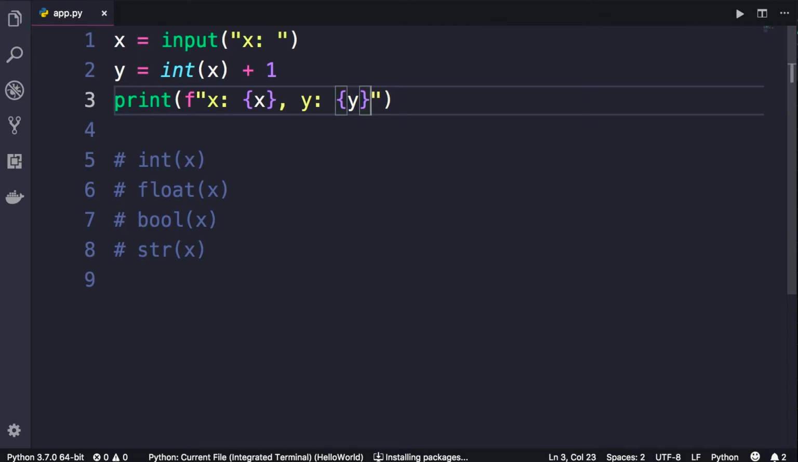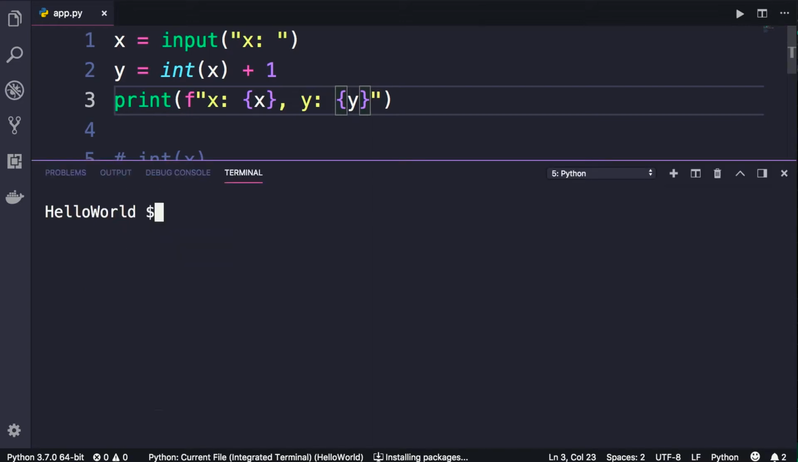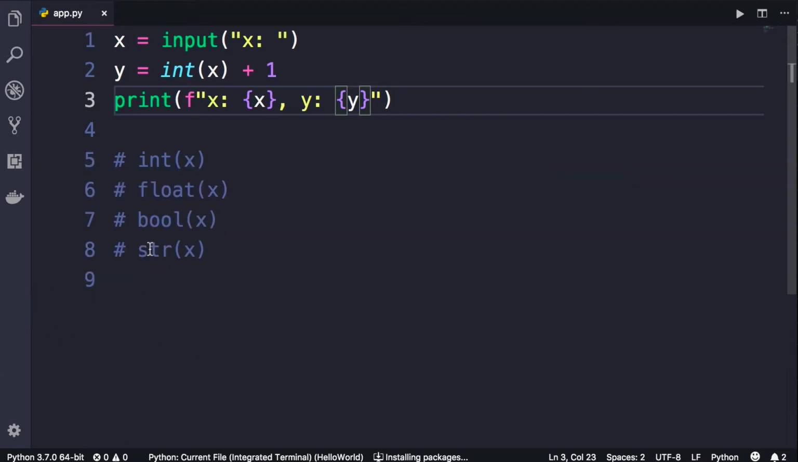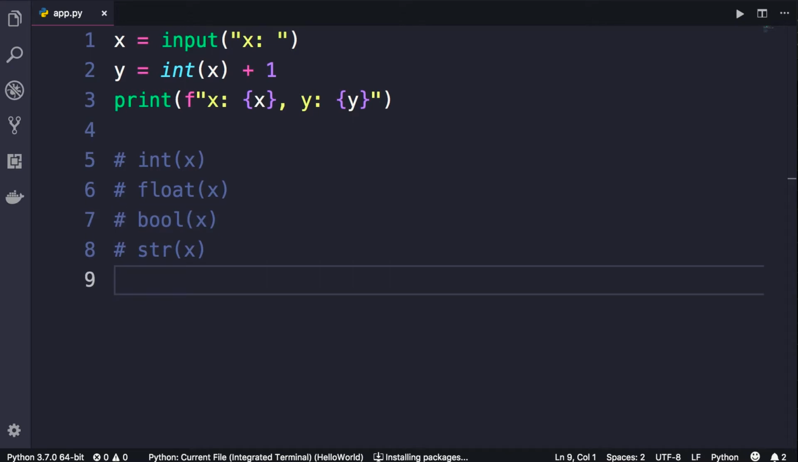Let's run this program one more time. So here in the terminal, let's enter 1. And here's the result. x is 1 and y is 2. Beautiful. Now, all these built-in functions are self-explanatory. The only tricky one is bool. Because in Python, we have this concept of truthy and falsy values. These are values that are not exactly a Boolean true or false, but they can be interpreted as a Boolean